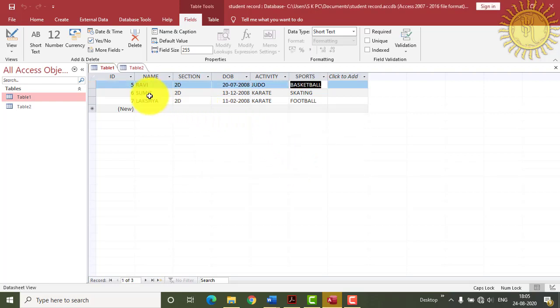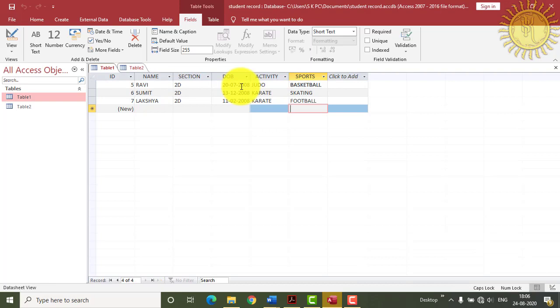So like this we can change the fields of this table. So now you can see here our table is completed with the field names and the records.